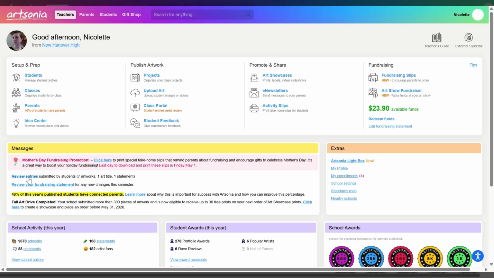What I usually like to click is review entries, and it has both my work and the other art teacher's work put together. So of those 7 artworks, only 2 are mine, and 5 are the other art teacher's. But we have a nice system where we like being able to see each other's work. As long as we're careful not to grade each other's artwork by accident, it works out really well. You could also click on projects